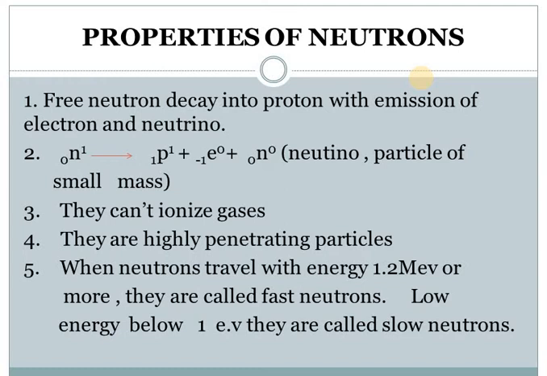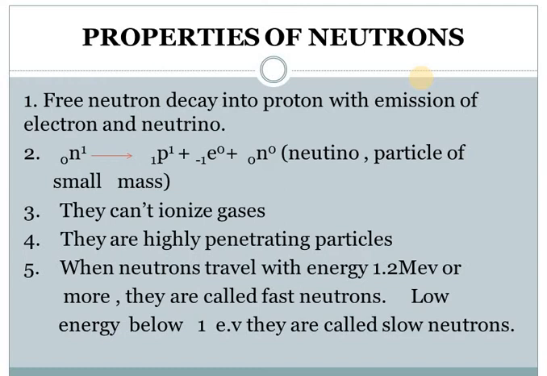That is, they go deep into the cell or into an atom and dissociate or work on the nucleus, rather than working on the electrons or ionizing them or knocking out the electrons from them. So this point is very important as compared to electrons and protons, because there we studied that they have ionizing power, but neutron does not have ionizing power.